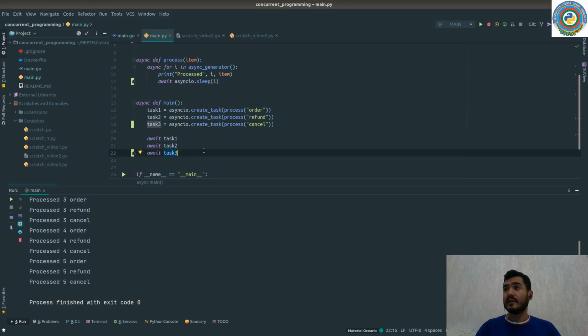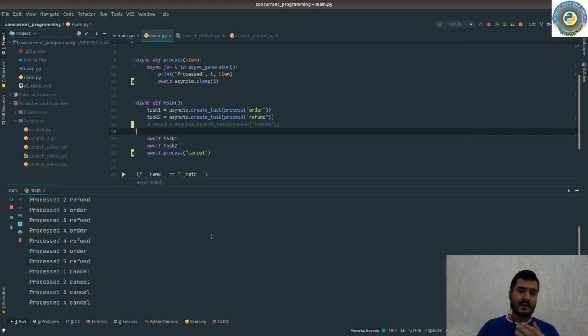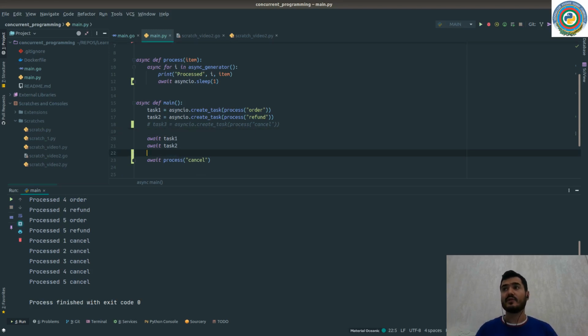We can actually await the process cancel process directly, without registering it as a task. Let's see. Order, refund, order, refund, order, refund, and the cancel. This is one possible way you can do it here, but another possible way is using something similar to